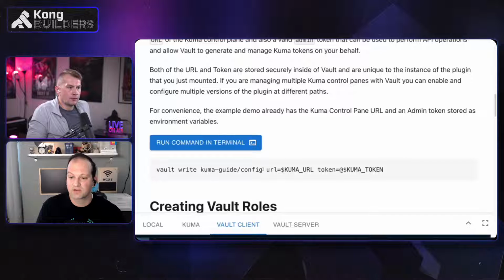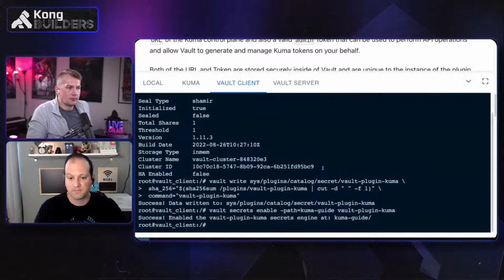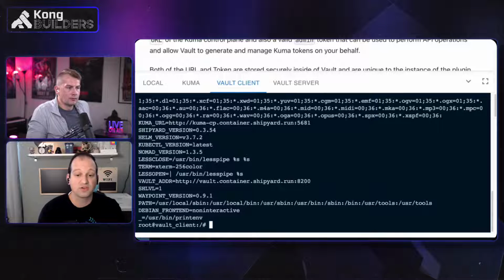So if I go back to my client, you can see this is interactive, because I'm going to do a printenv. And this isn't just visual here. This is actually a client inside of this container that's running through Shipyard.